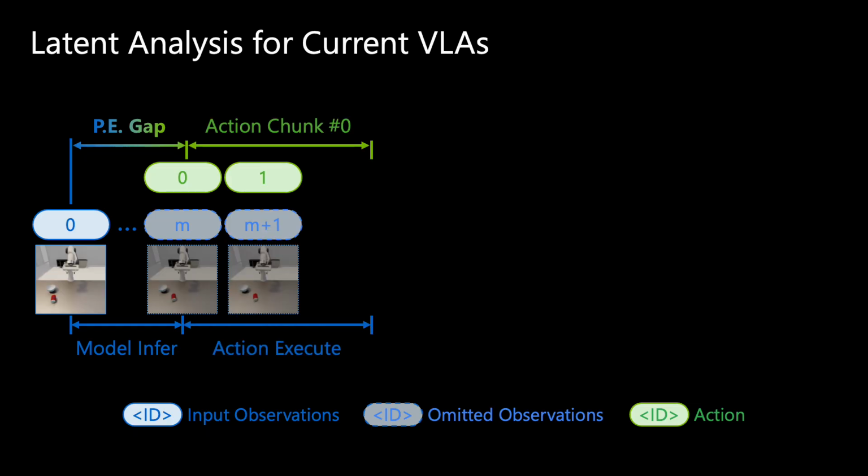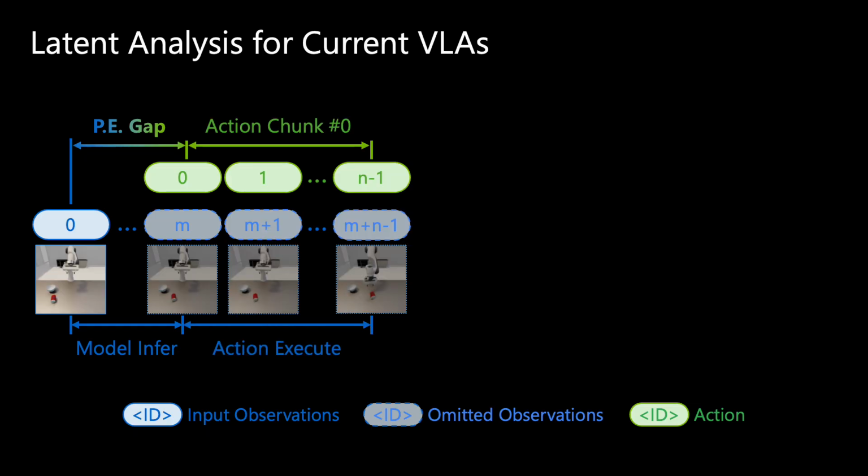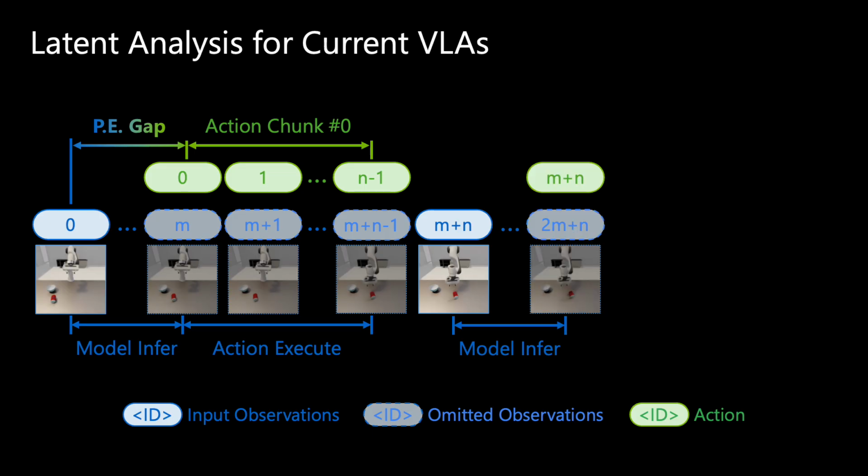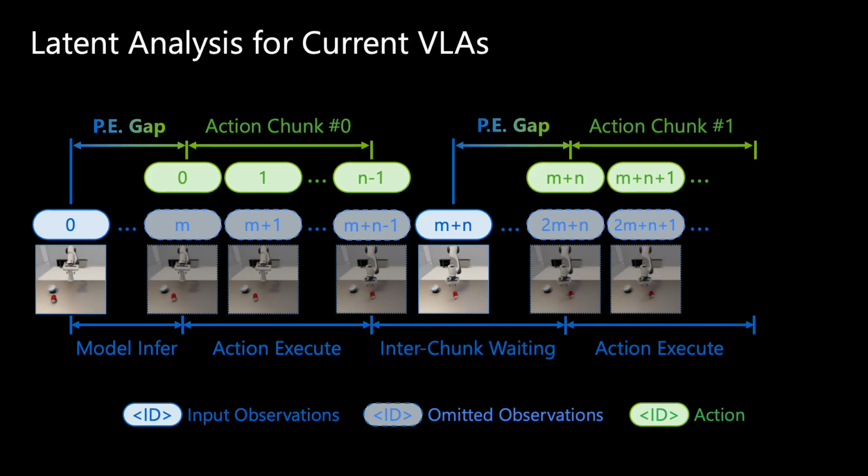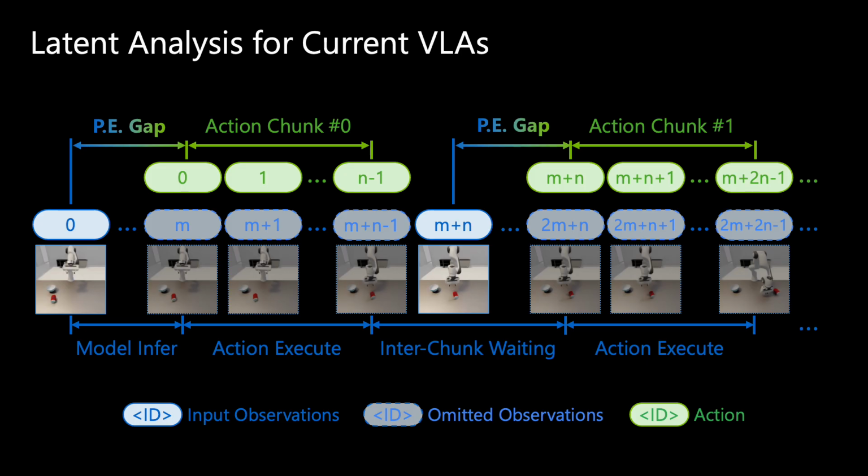The action chunk contains n actions, which are executed sequentially. Once these actions are exhausted, the model must again wait m time steps to infer the next action chunk. As a result, VLA control exhibits two compounding issues: interchunk waiting and repeated perception-execution gaps. This misalignment is harmless in static settings, but in dynamic scenes, inference latency causes actions to lag behind a changing